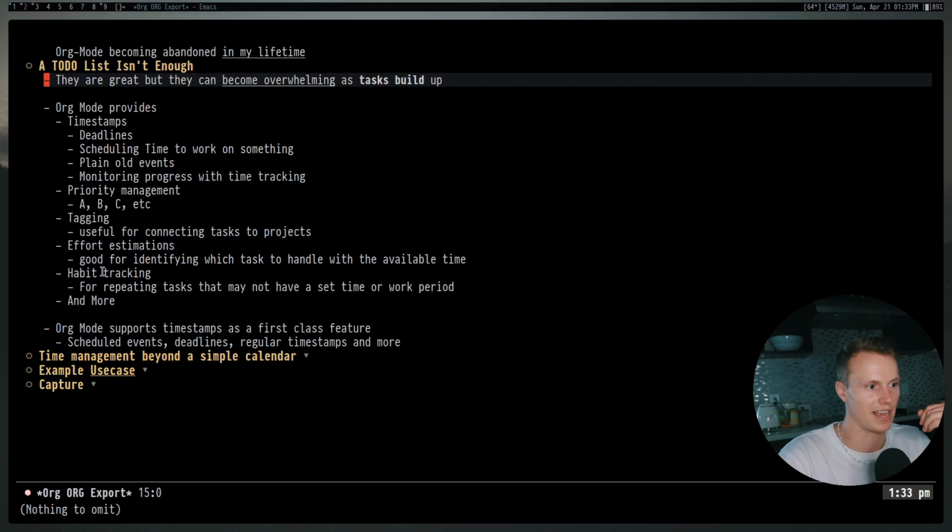So for something like maybe washing your bed sheets, maybe paying your taxes, a bunch of stuff like that, things that are repeating and maybe don't have an exact time that you need to do them, you can set those up with org mode. So I use them for a bunch of different things. For example, I try to do a little bit of leak code on the side.